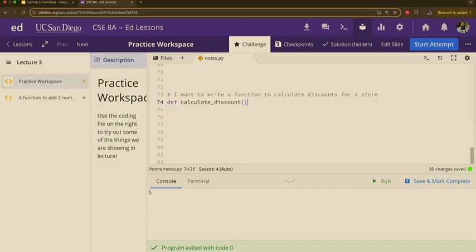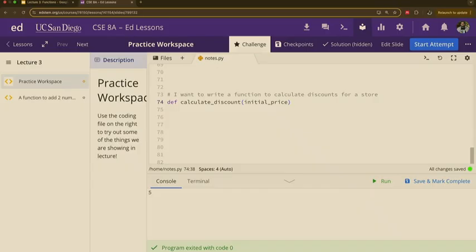Remember when we tried it with sum, and sum said, whoa, whoa, whoa. You're giving me something, and I do not want that, right? Because functions get very picky. So we want to put something in here. What do we want to give it? We want to give it some sort of initial price. Whatever you put in here when we're creating these functions are going to be variables that are going to exist within our function that we want to work with. So let's say we're going to start off with some initial price to calculate a discount.